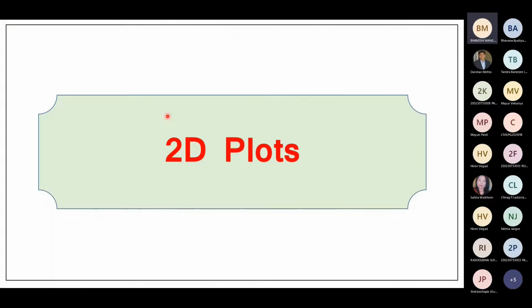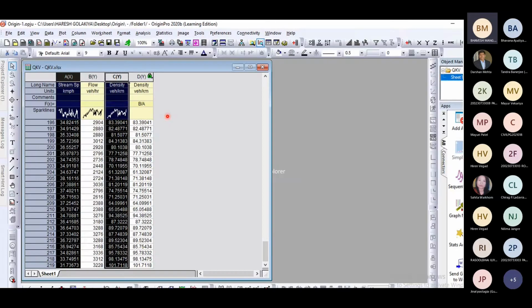Now let us try to learn how to carry out the 2D plotting. So here X is stream speed of vehicle, Y is density. Suppose we want to make the 2D scatter plot for this.